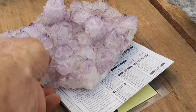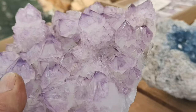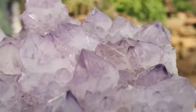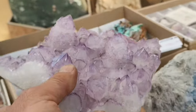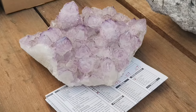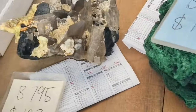Then Bucanotuk brings us another very thin layered Bucanotuk cluster. This is always a bonus. It's rated as A grade. There's one or two nice long crystals, a whole lot of double, triple terminations. This A grade is 1.85 kilograms. It's going to cost $105 for flat 853. Right, this is not going to be $105. Was that just 103? Sorry,